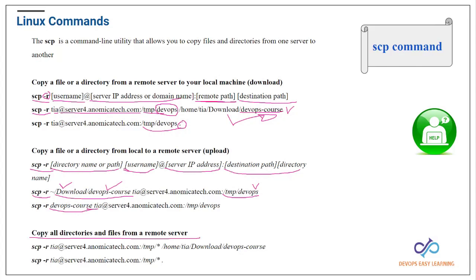For instance, on the remote server, I want to download everything in temp and put it in the DevOps course folder, maybe on the local server or on the remote server. I basically want to download everything in temp and put it where I am on my local machine, and that is why I put /star, meaning take everything within the temp directory on the remote server and put it exactly where I am